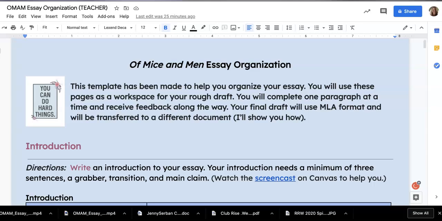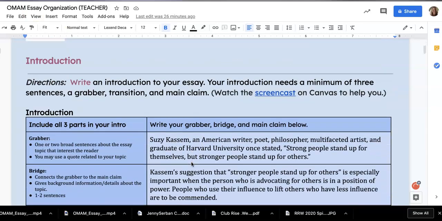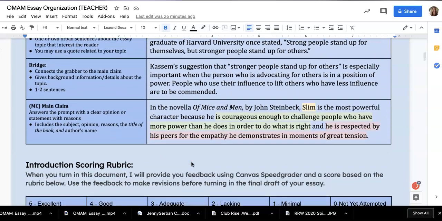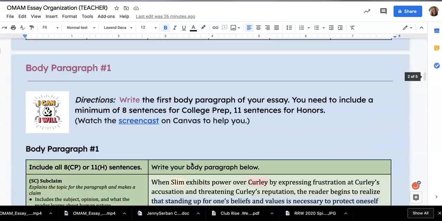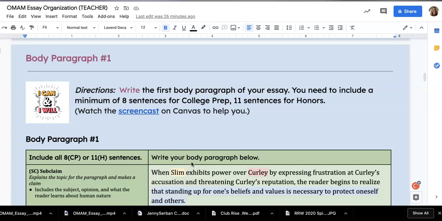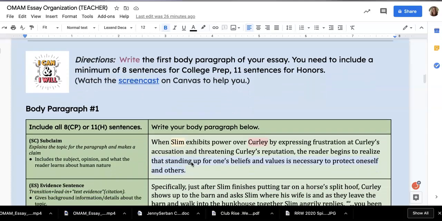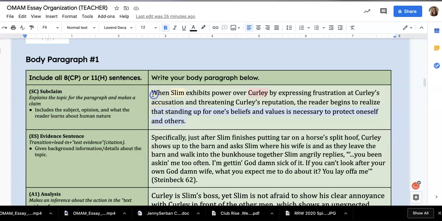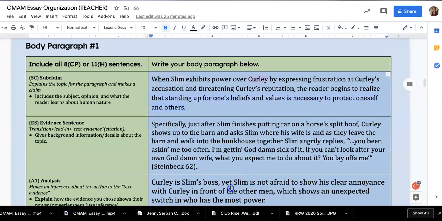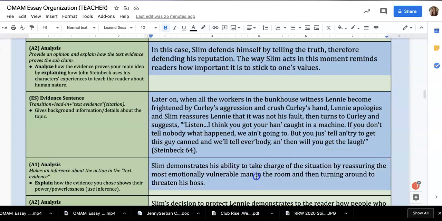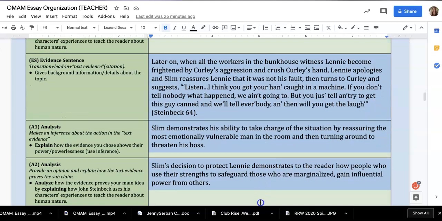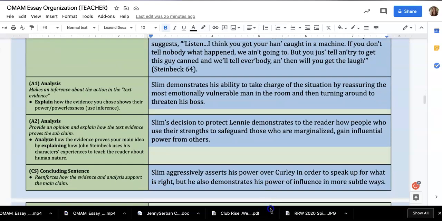Hello. If you're watching this, you've already written your introductory essay or introduction, and you've also written your body paragraph number 1. What we're going to do before we move on to body paragraph number 2 is just do a little bit of housekeeping. What I want you to do is to copy all of the words in the body paragraph number 1 here on the right, and go all the way to the concluding sentence, and then go up